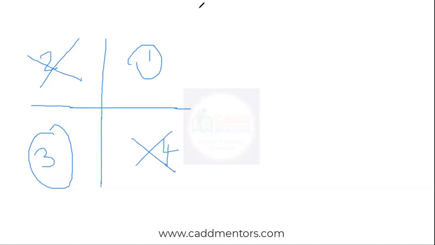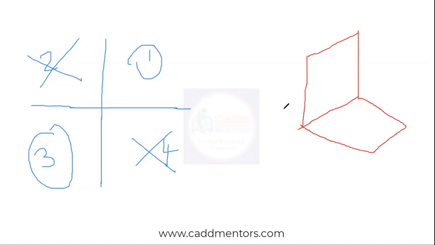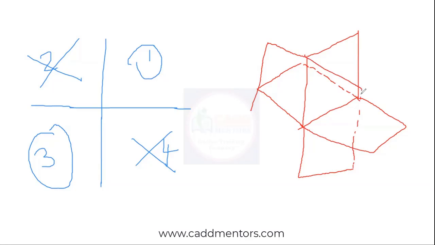So if I take it in a 3D view, it looks like this. You have one plane, another plane, and another plane here. Okay, and you have another plane here. So you have three mutually perpendicular planes. All the quadrants will have three mutually perpendicular planes, so everything will be 90 degrees. Here you have 90 degrees, here you have 90 degrees. So this is the first quadrant, second quadrant, third, and the fourth.